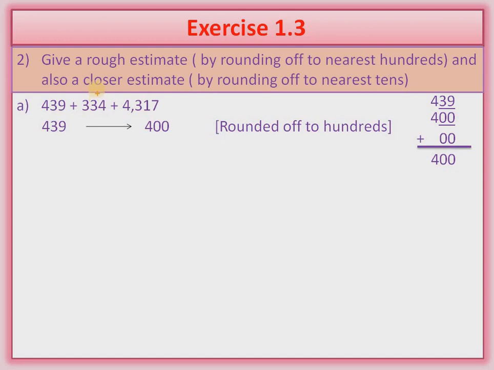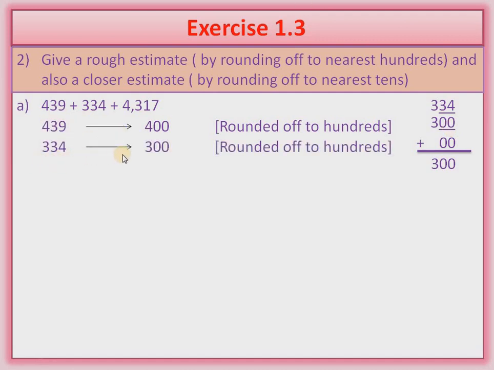Now we are going to round off 334. Look at this side. We made a line before the last 2 digits. Now check this number. In which category? It is category number 1. So we will write 2 zeros and we will add 0, 0. So what is the answer? The answer is 300. Understood what I am telling you? The next step: 334 rounded off to 100 is equal to 300.